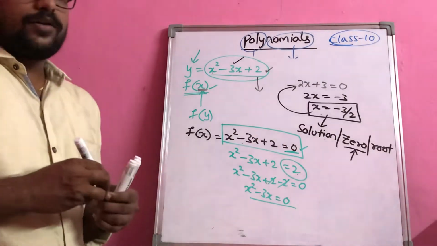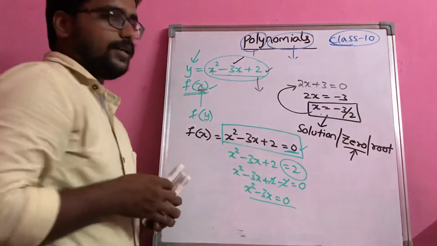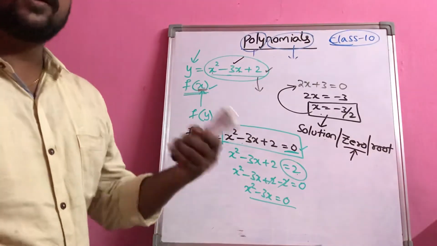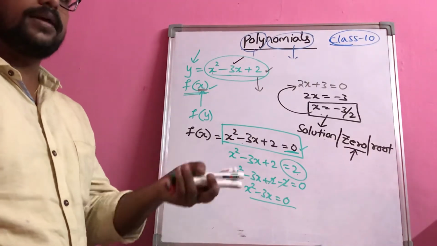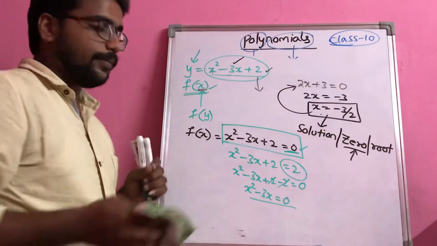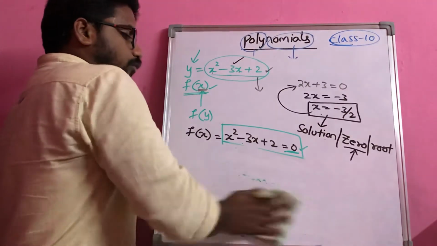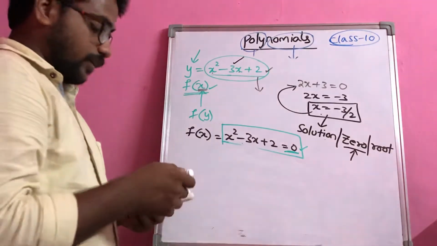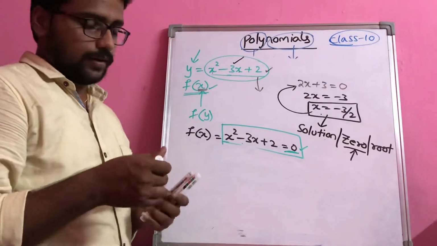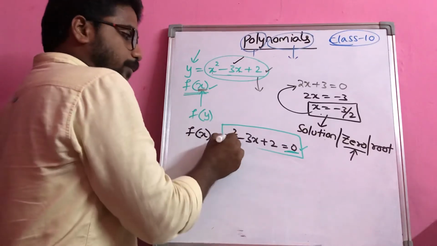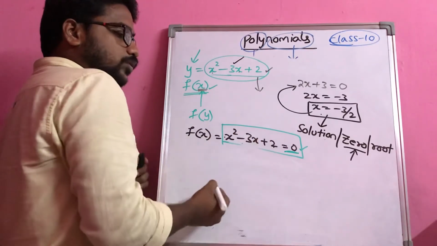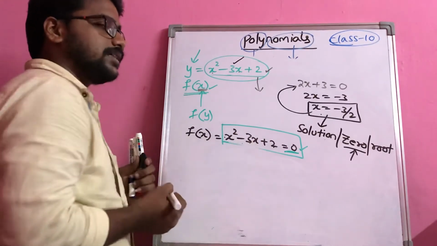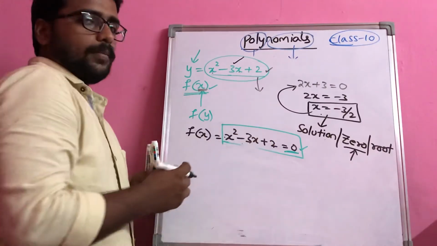Now let us try to find out the solution for this equation, and then we will discuss what is the geometrical meaning of the polynomial. So we learned in our class 8 the factorization of a quadratic trinomial. This we learned. We will take the product of 1 and 2 and we will try to write this as a minus 3 using the multiples.